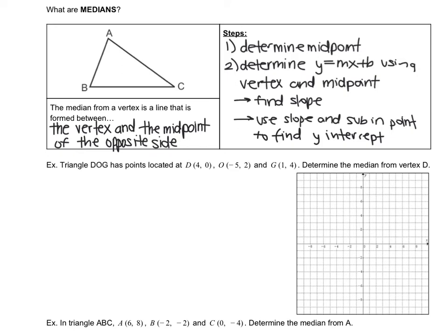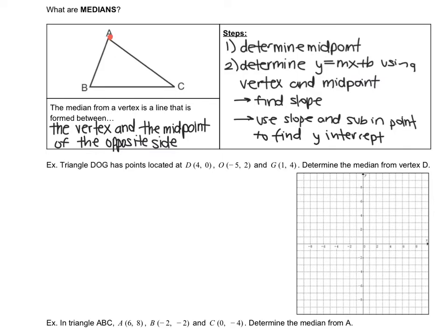A median is a line that can be found inside of a triangle. It is formed between a vertex and the midpoint of the opposite side. So I want you to think of a median starting with the letter M, and M is for midpoint. So looking at the diagram, if I want to draw the median from vertex A, then I will start at